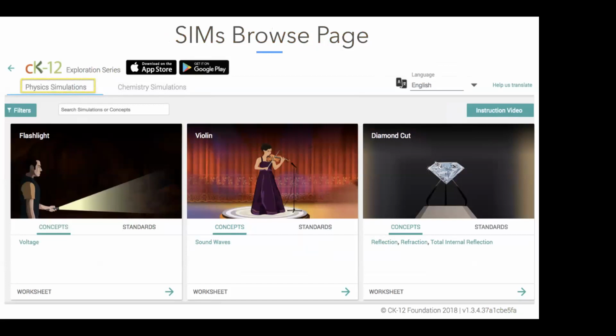Now, our collection of Sims is currently divided into 2 branches. Formally, we tag them as physics or chemistry. And right here, you are looking at the physics tab. The first row features 3 of my favorite sims for topics commonly taught in a physics classroom during the second semester, so this time of year. On the far left, we have the flashlight sim, and it prompts students to explore how